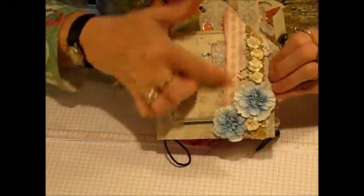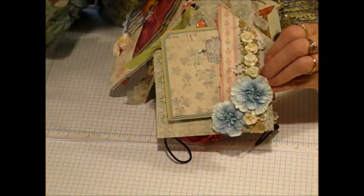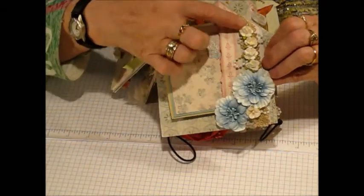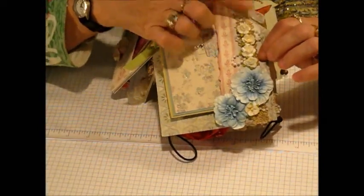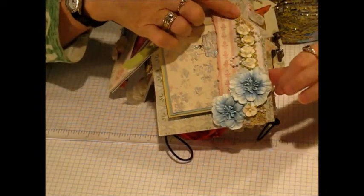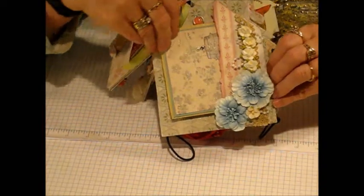So I made a side pocket, added some recollection flowers, or they could be Prima, I'm not sure. But these are I Am Roses. And then I added some beaded trim. On the lace, I actually darkened it with distressed ink. And this does go all the way through. And then on the little book,